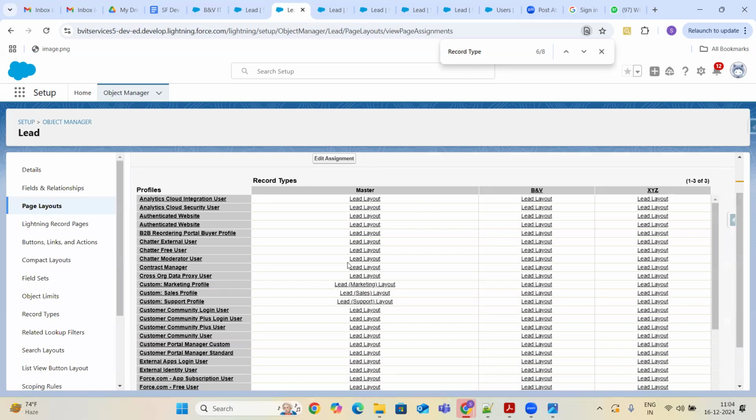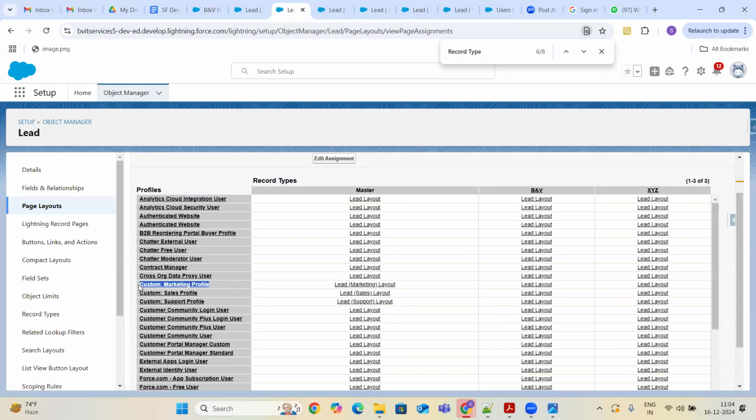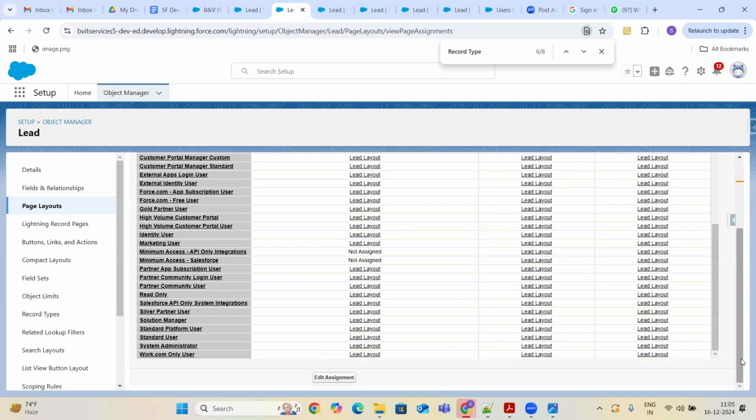So for the marketing profile users, if the profile is the marketing profile, that means whenever you created a marketing license, then for the marketing profile, they are going to be assigned that particular layout. That means when marketing profile users log in, they will see three fields in that additional information. For all other profile users like system administrator, our profile is system administrator, right?